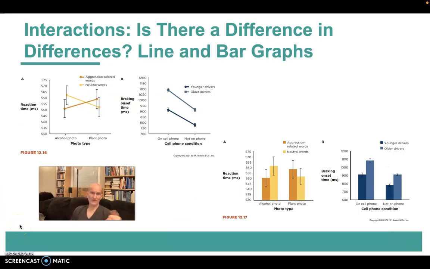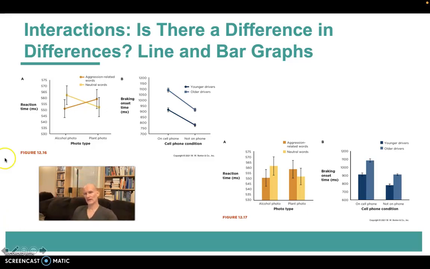Now, when data are presented in a little table like that, you can spot an interaction by comparing cell means, but interactions are much more obvious in a graph, which is why researchers will often present their data in either a line graph or a bar graph. Personally, I find line graphs a little bit easier, but not everyone agrees, and it's kind of arbitrary. It's a little bit of a personal preference.